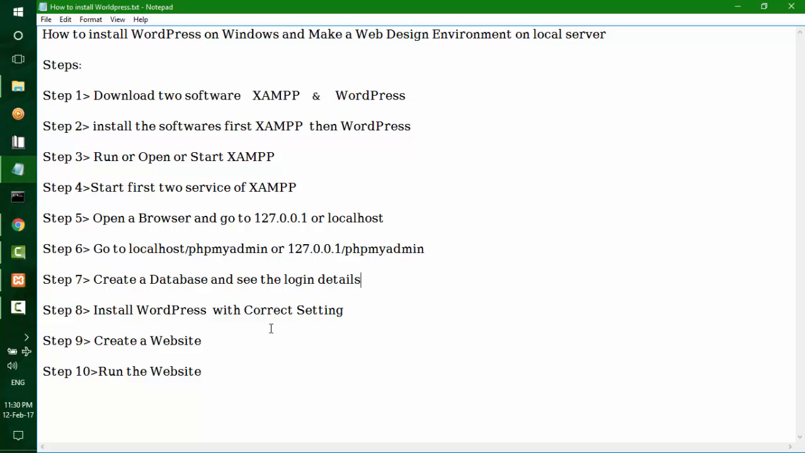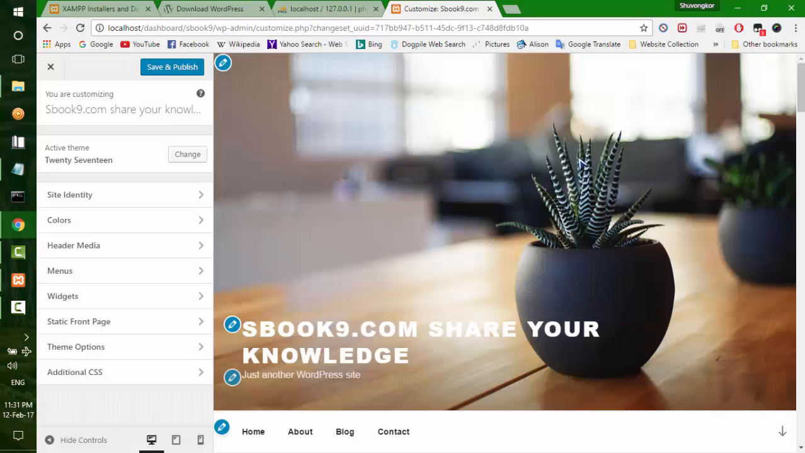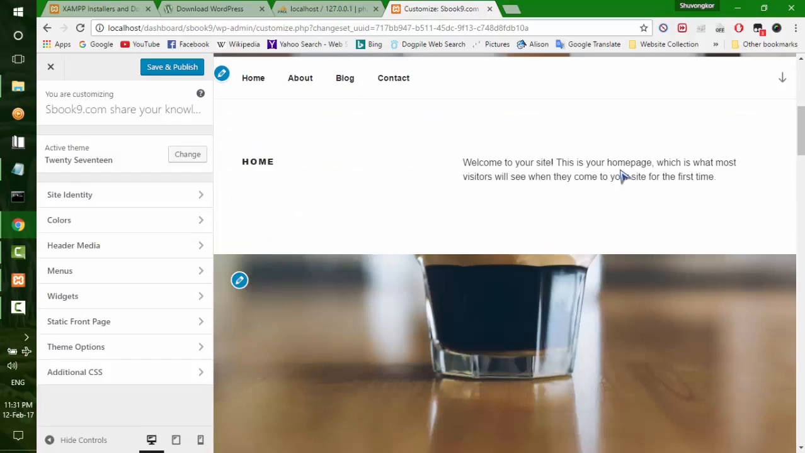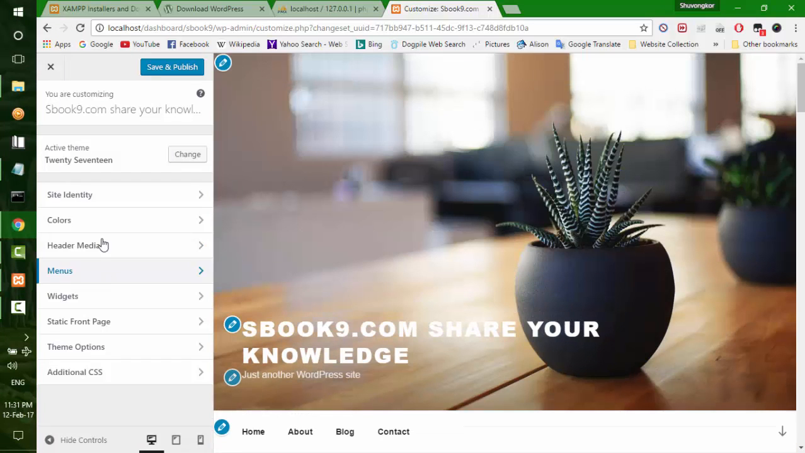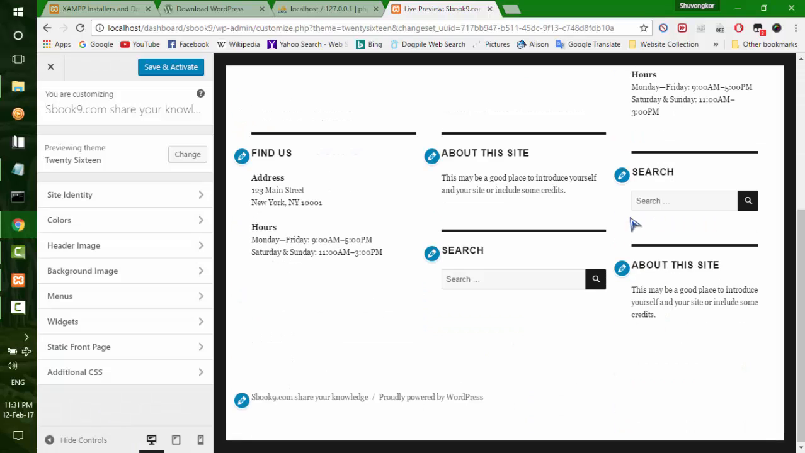Now we will create a website and run the website. We'll click customize your site. This is our website. There is a theme already given. We can change our theme from here. Active theme, change. We can change our theme. Okay, we click, our theme will be changed. See,